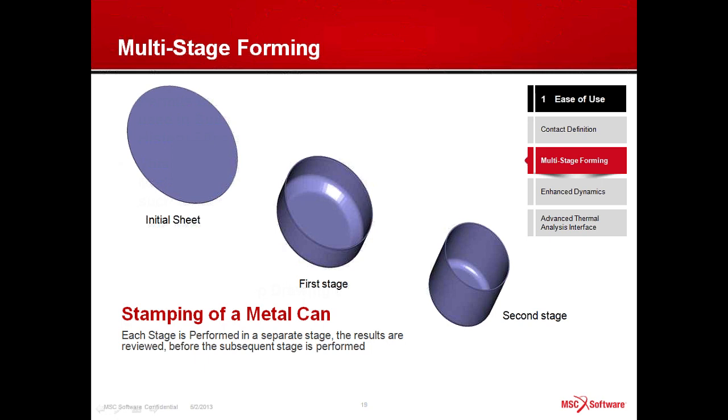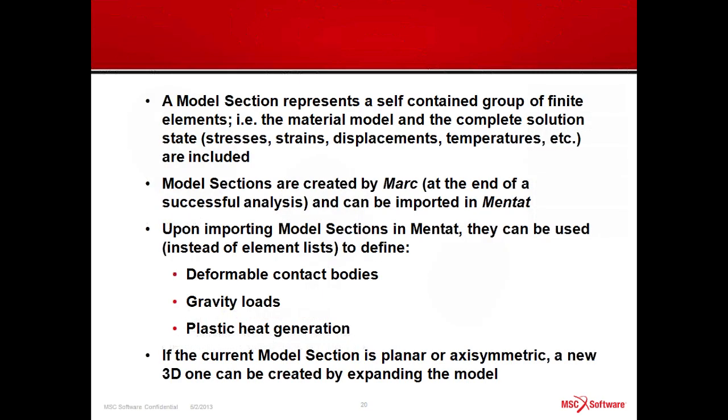So what this sectioning capability does is it allows you to define a part or a set of elements with initially a given material as a section. And then during these different stages, we will create a section file that has the associativity between the model and the results. So this is an alternative to using the restart option, and it keeps this close associativity between the parts. You could have multiple section files, and each one of those section files would have the results associated with them. So it's really a fully self-contained model,